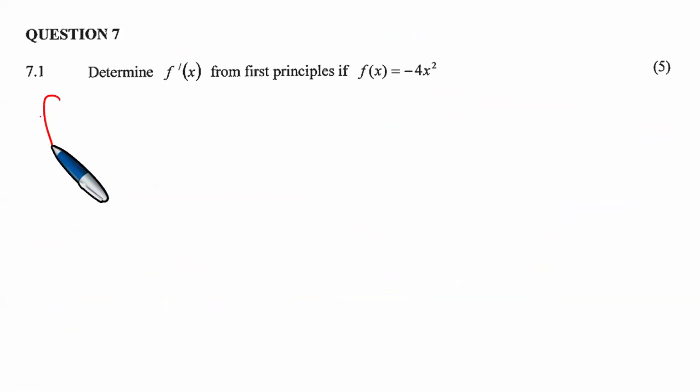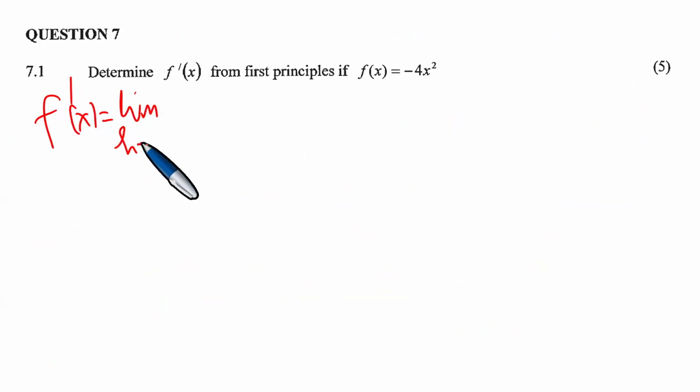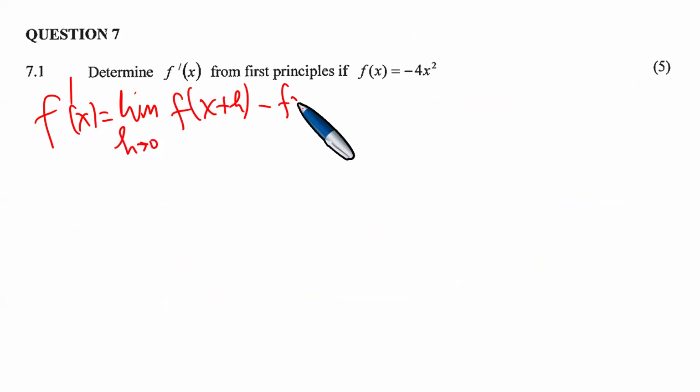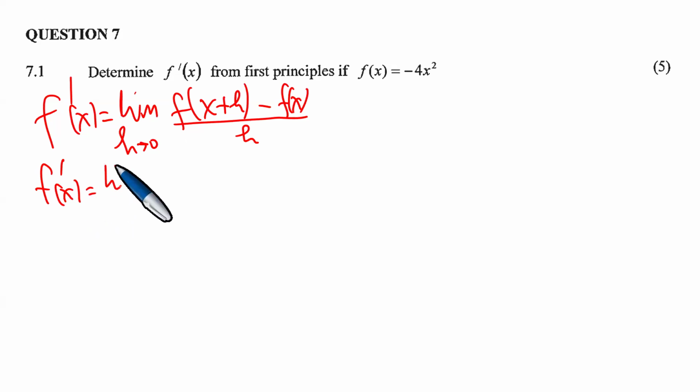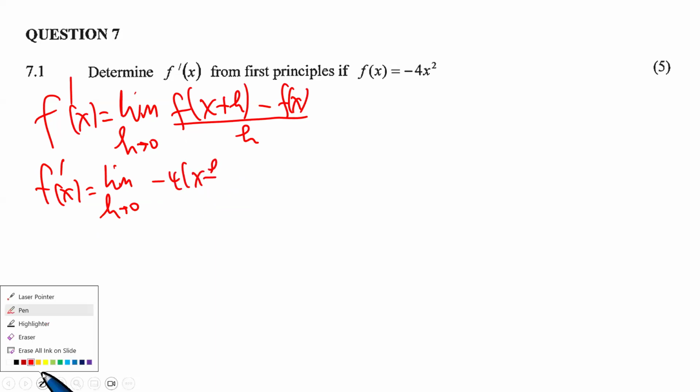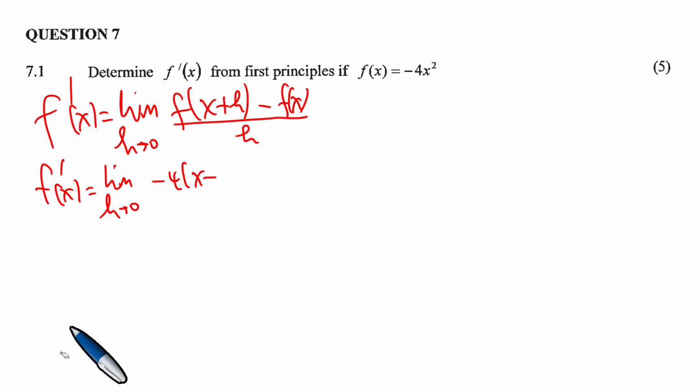Right, we have f prime of x, which is the limit as h tends to 0 of f of x plus h minus f of x, all divided by h. This gives us f prime of x, the derivative, which is the limit as h tends to 0 of f at x plus h, which is minus 4 open bracket x plus h. So you have here x plus h, and you square this, minus, and you have minus 4x squared,